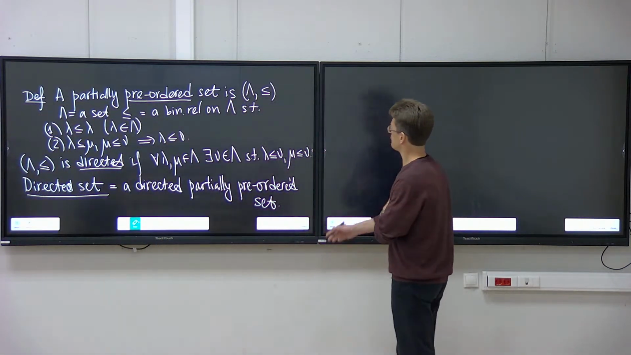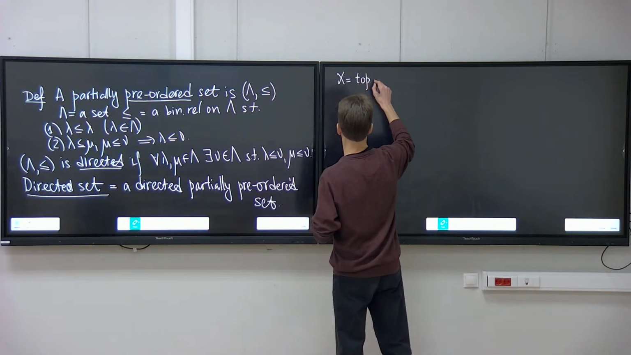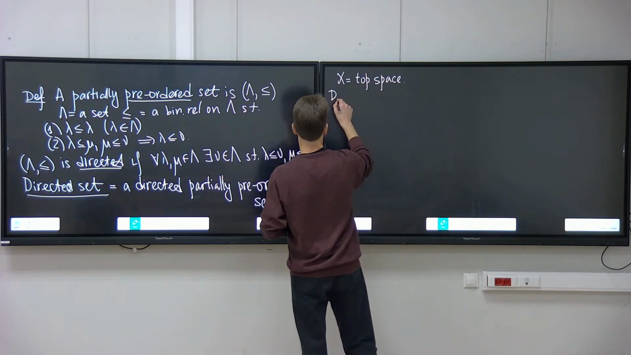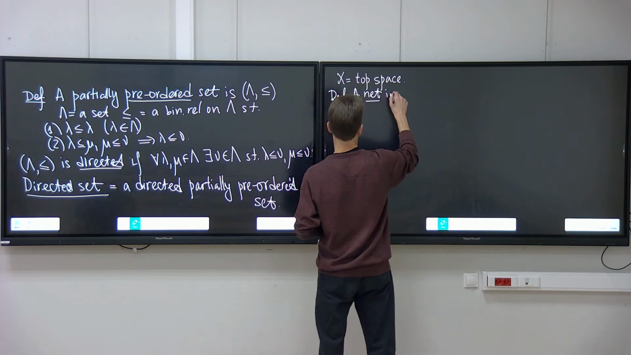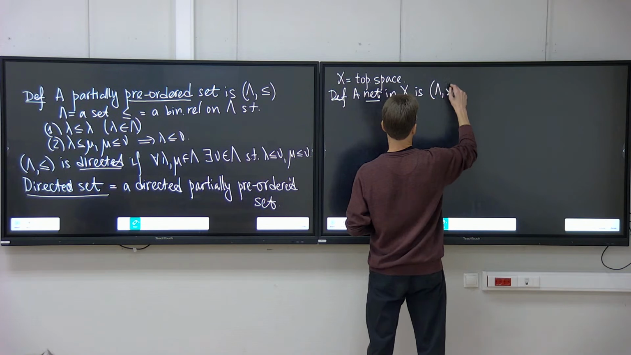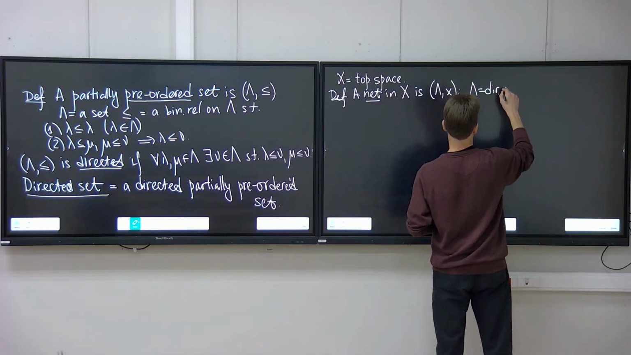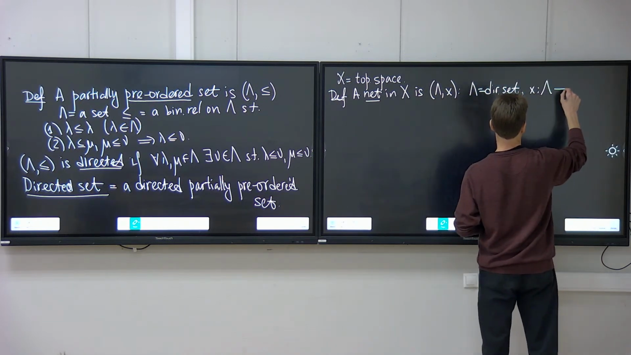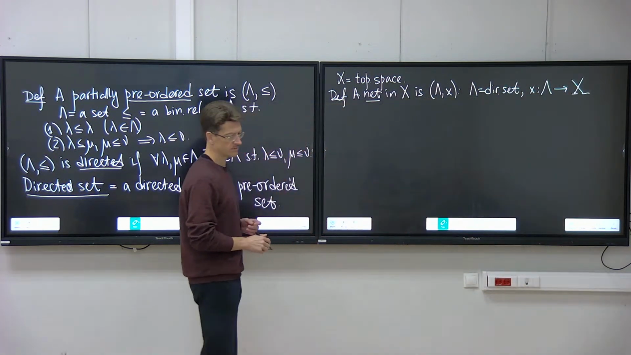Okay, so now suppose that X is a topological space. By definition, a net in X is a pair consisting of a directed set lambda and a map with legs from lambda to X. In Russian,